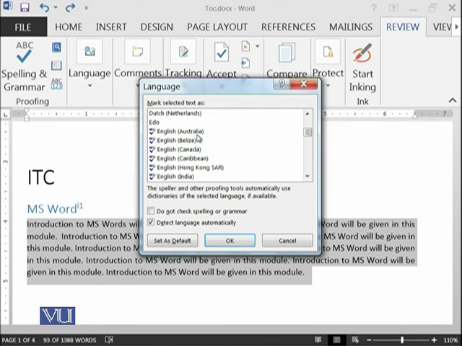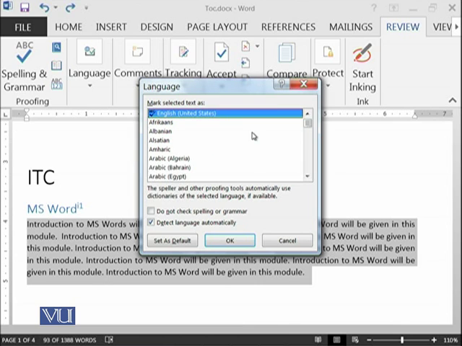If you select these, they would help you to check your spelling and grammar based on this particular flavor. For more information, you can go online yourself and see what the major differences are between different English flavors.